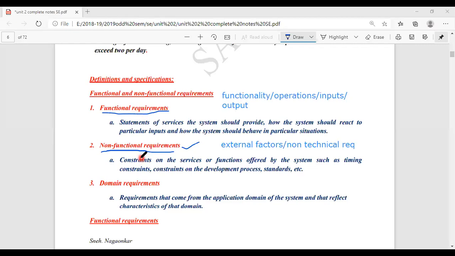So we have a backend team, like there is a choreographer, a sound recorder, spot boys, makeup artist. So many other people are there. Without them, it is not possible to complete the movie. So all those are non-functional, but they are related to the software. So this is one example, right?